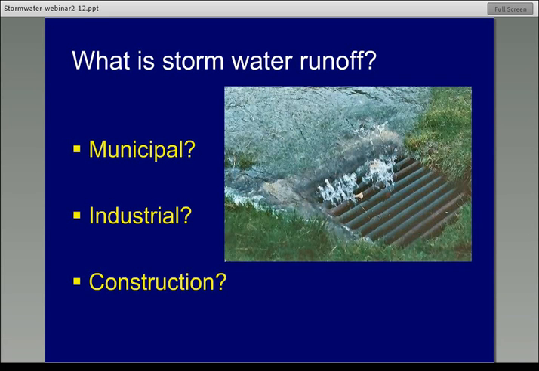What is stormwater runoff? Normally I'd ask you all to help me with this, but I'm going to start us off because I think it's an important concept. You can clear your raised-hand function if you haven't. If you want to share other ideas that I don't share about any of these slides, feel free to do so. Municipal stormwater runoff is what we see coming over the land and into a